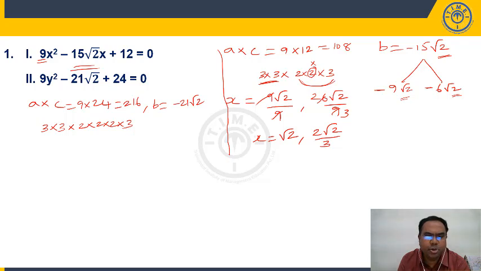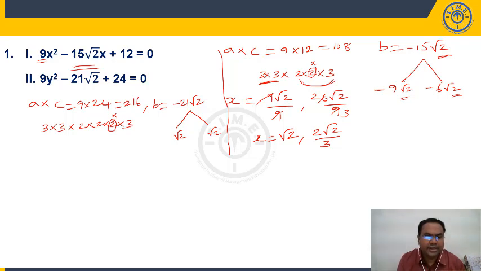So here A into C is positive. We have to write it as sum of two numbers, such that the sum is minus 21 root 2. Product must be equal to A into C. Now we have root 2 here. So as we discussed, definitely you should get root 2 root 2. Root 2 into root 2 is 2. So 1 2 is gone here. Right. We should get 21 root 2. Now see here, students. How will you get 21 root 2?